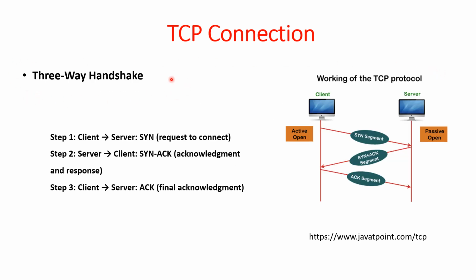TCP uses a three-way handshake. Handshake refers to the process to establish a connection between the client and the server. Handshake is simply defined as the process to establish a communication link. The three-way handshake is the method used to establish a TCP connection between a client and server. This process ensures that both parties are ready to communicate and can reliably exchange data. Here is a detailed breakdown of each step.